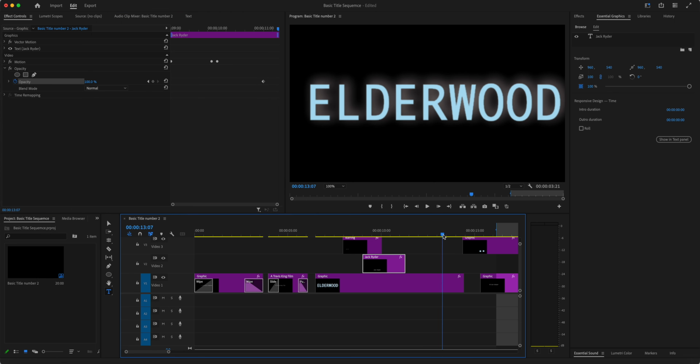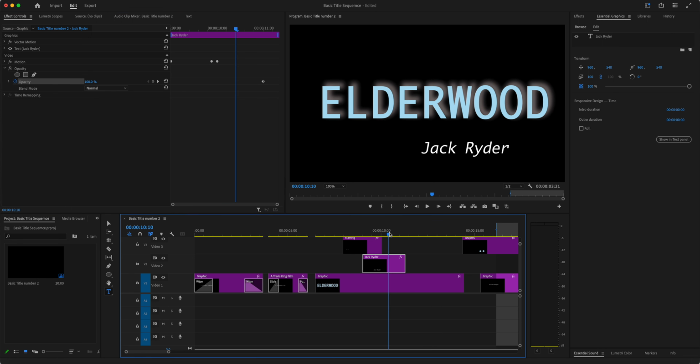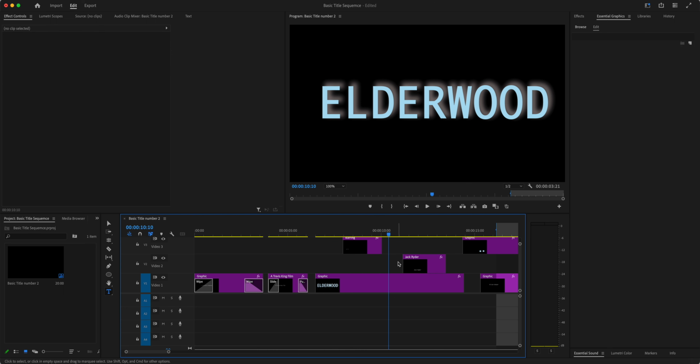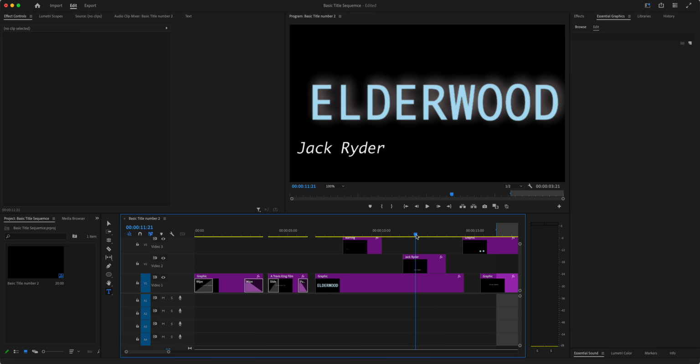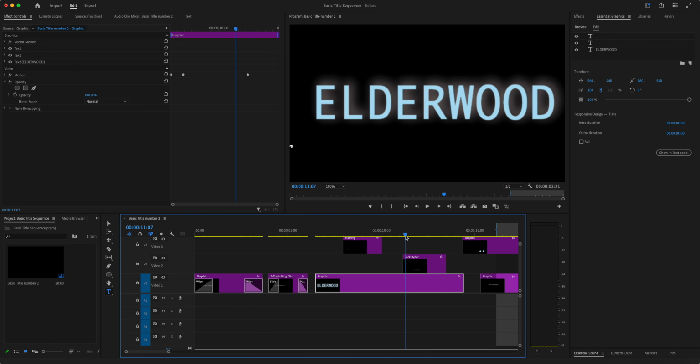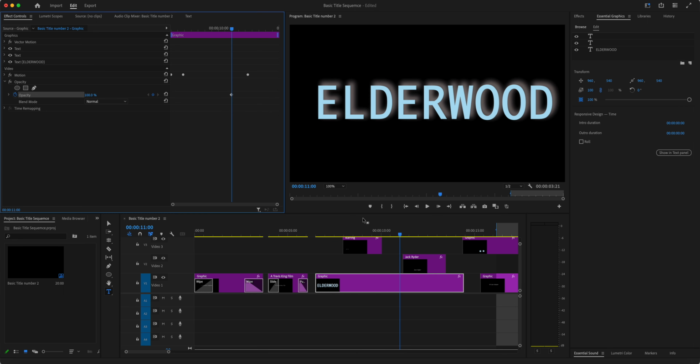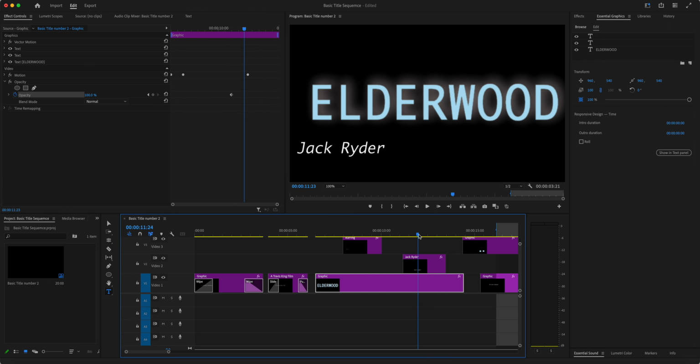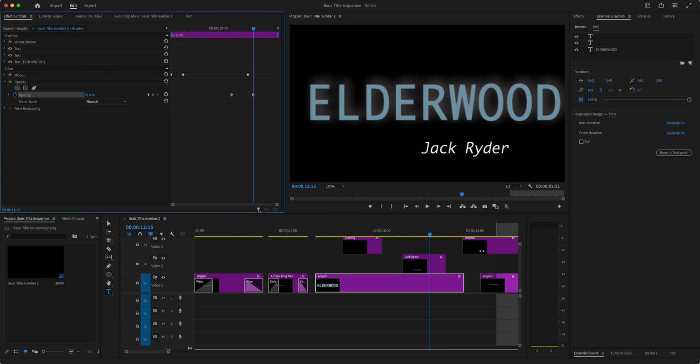Take it here. Oh, hang on. Sorry. Now, I've made a classic mistake here. Spot the deliberate error. I've got the name Jack Ryder of the actor highlighted, and I'm not actually changing that. So I'm just going to undo what I just did, because I don't want to change the opacity of that, and click on Elderwood, and so when the starring starts to appear, then I can insert a keyframe there, and then I can start to make it fade slightly,